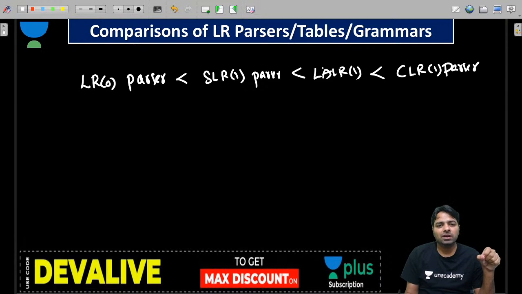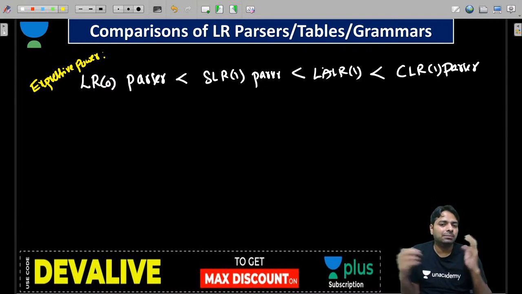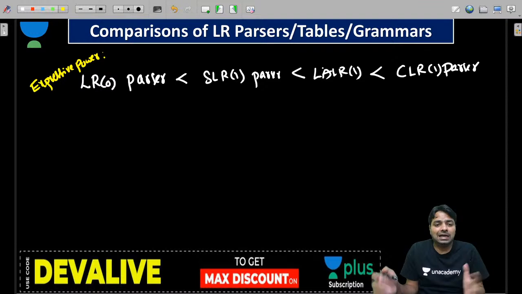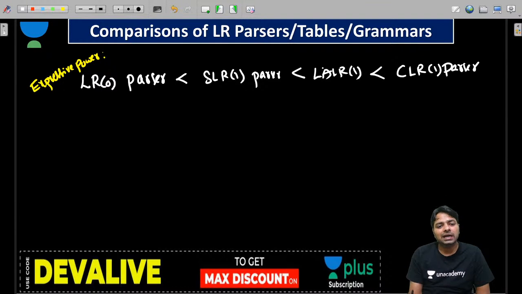This is the expressive power of the parsers. What is the expressive power? If I use an LR0 parser, I can only understand LR0 grammars, but SLR1 grammars are more in number. You will have a bigger class, and indirectly the relation is like this: set of LR0